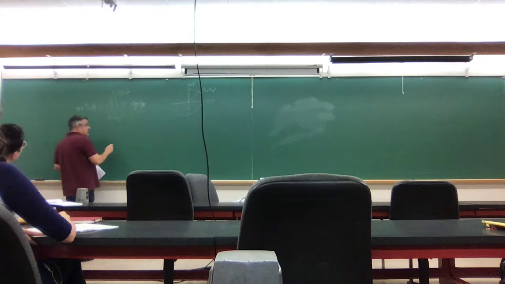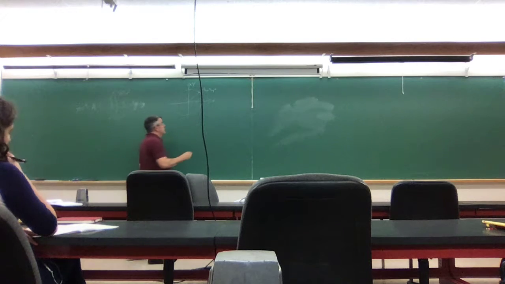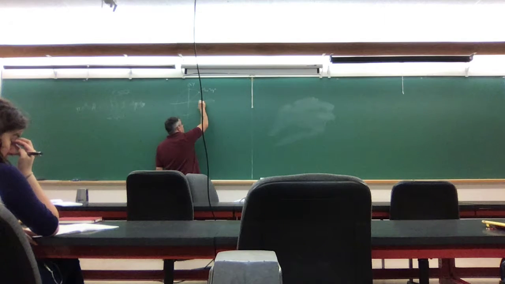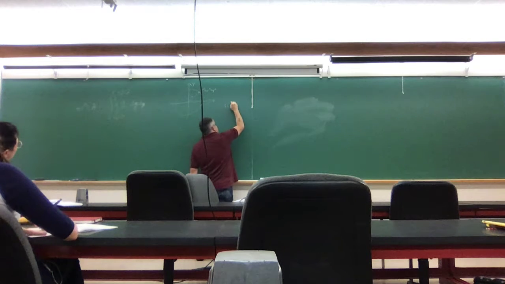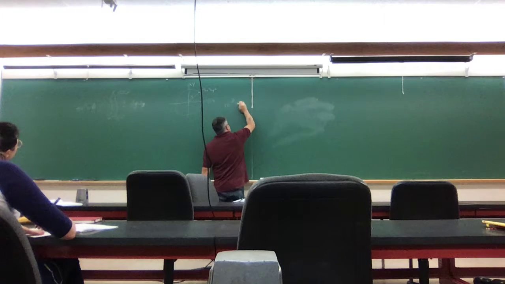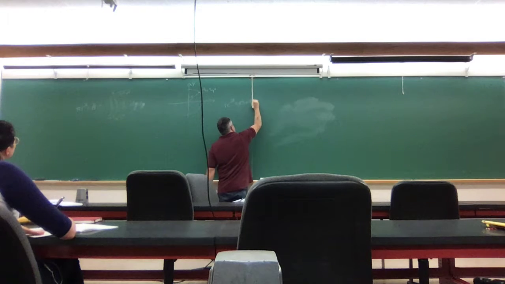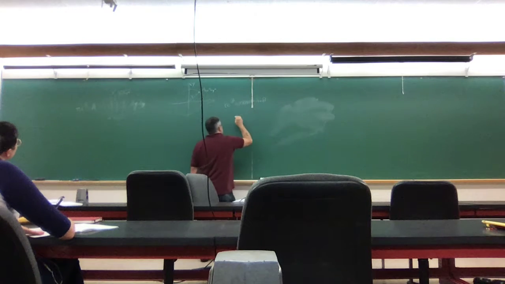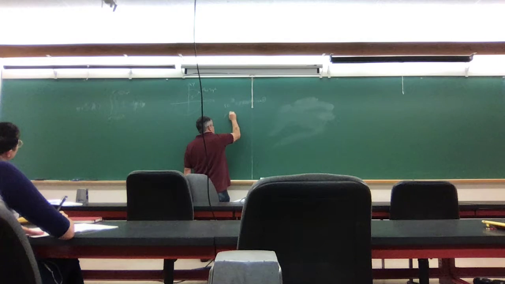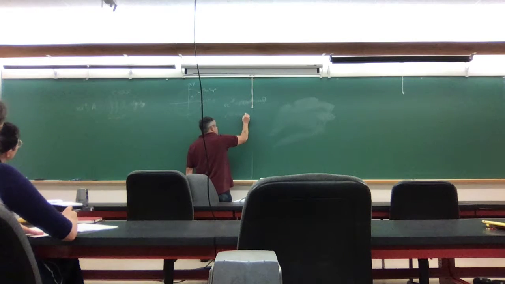Okay, so what if you want to do it in polar coordinates instead? In polar coordinates, remember we had z equals r e to the i theta, which equals r times cosine theta plus i times sine theta. And so if I want to write things in terms of r's and thetas